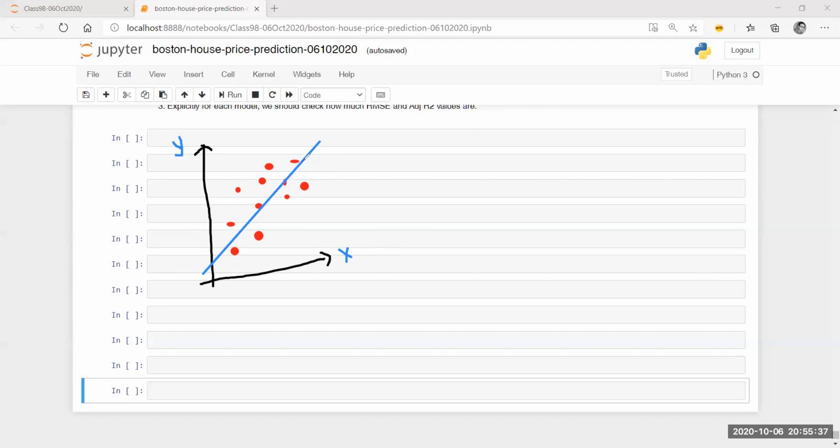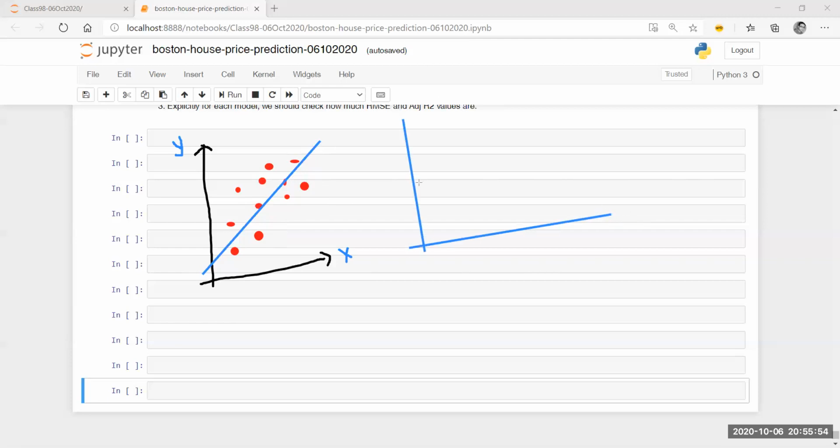Okay, let's say this model I'm going to call good because there are points which are far away from the predicted line, and there are points which are really well predicted. They are also falling on the line in some cases, right? But let's say we have a situation which is something like this.